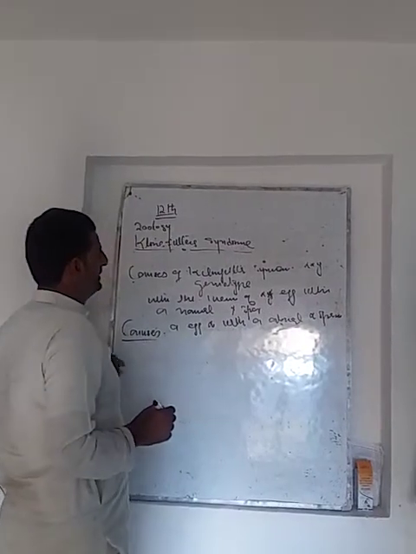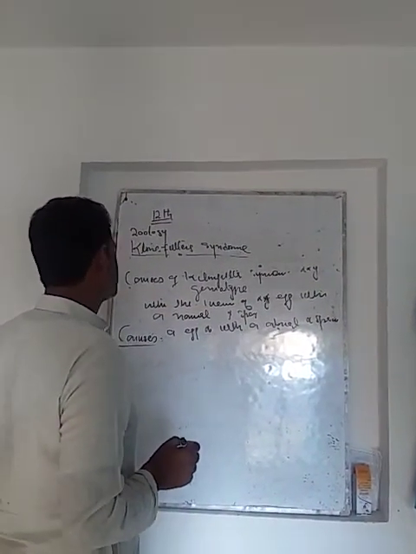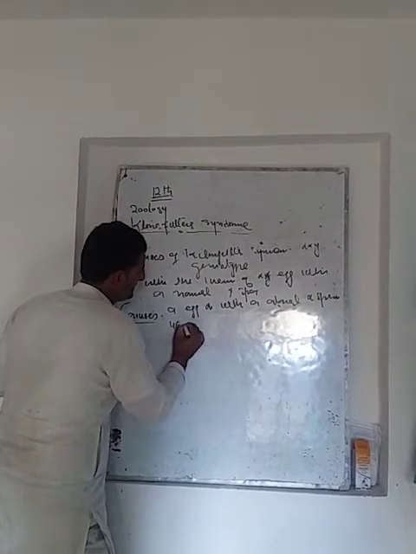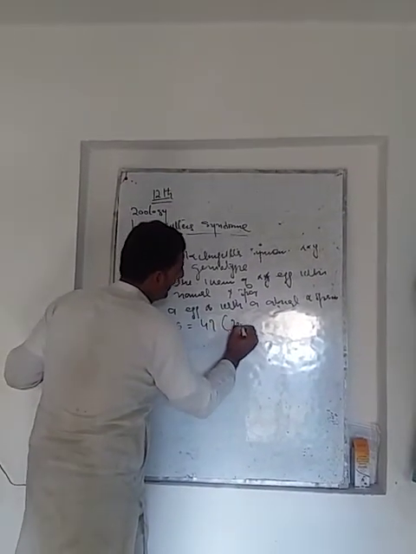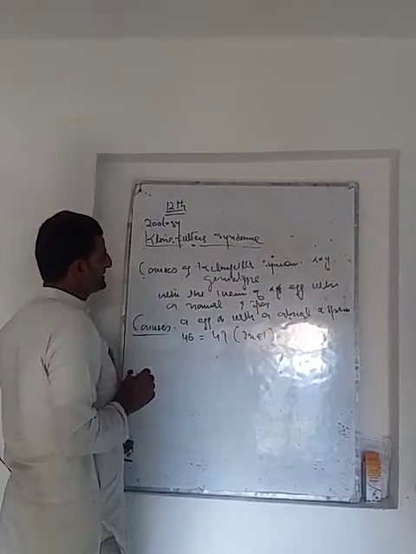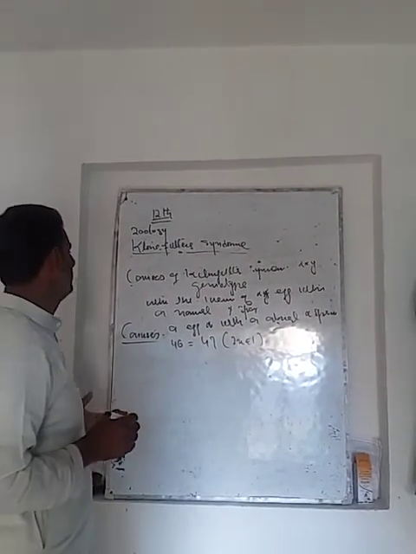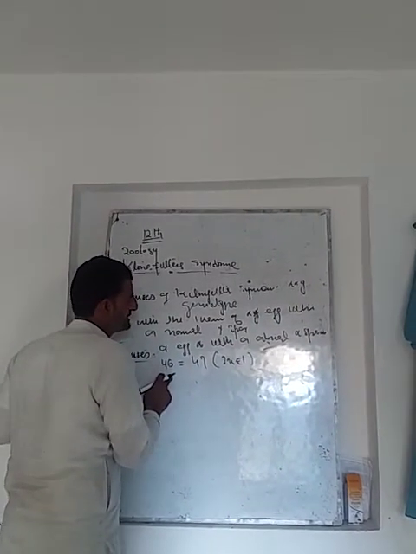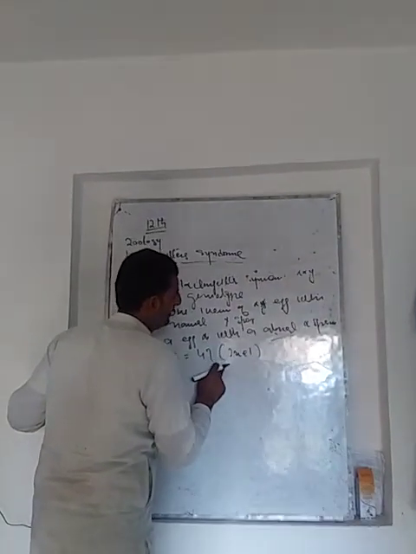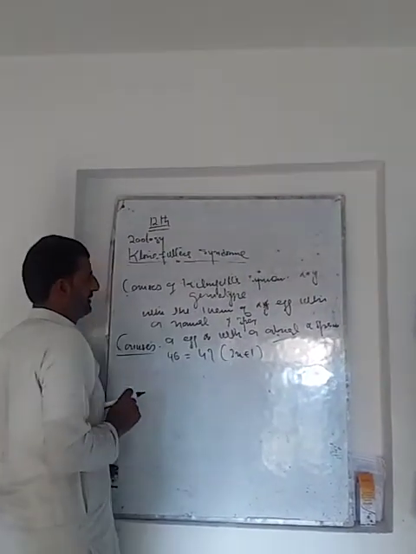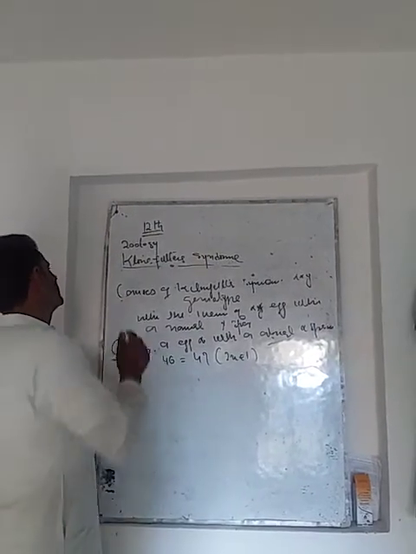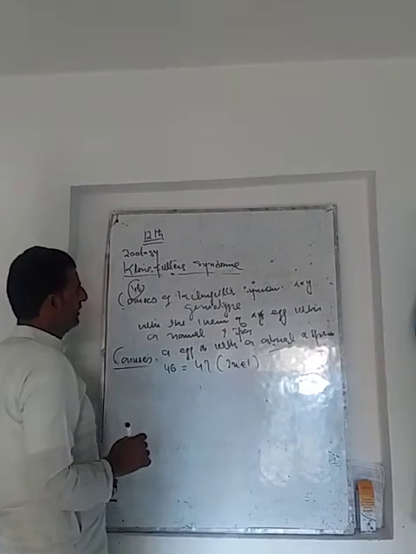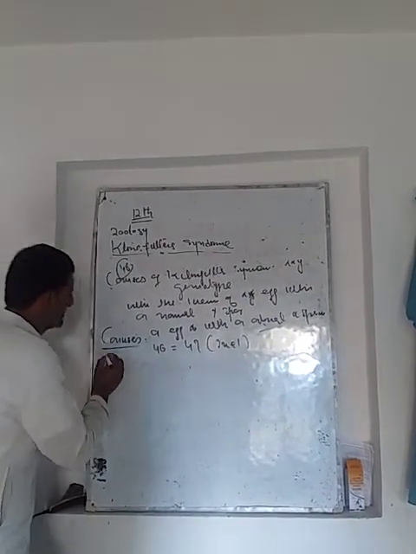There is an excess of one chromosome, that is, instead of 46 there are 47, that is 2n plus 1. The excess of this chromosome makes it abnormal. As you already know that the normal number of chromosomes is 46, so there is trisomy, that is XXY genotype. Now what are the symptoms of this?